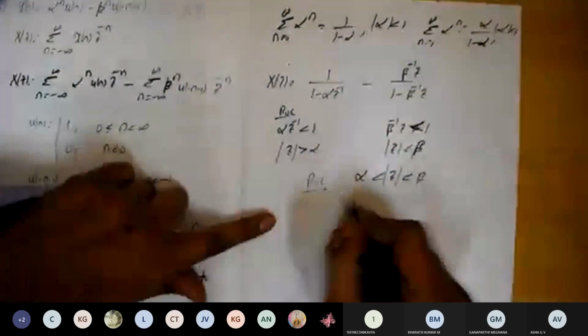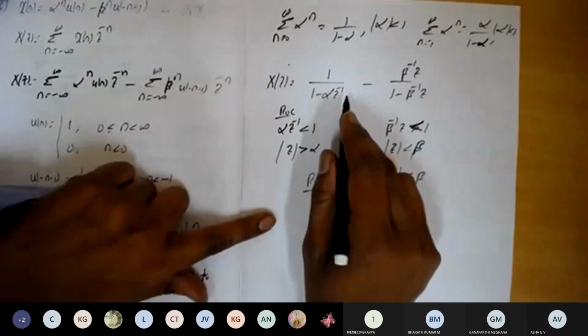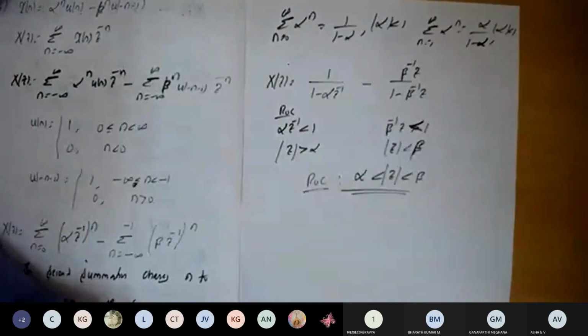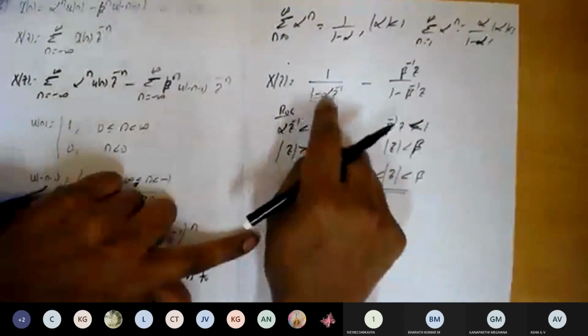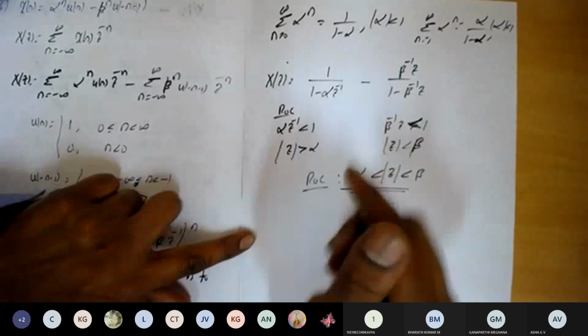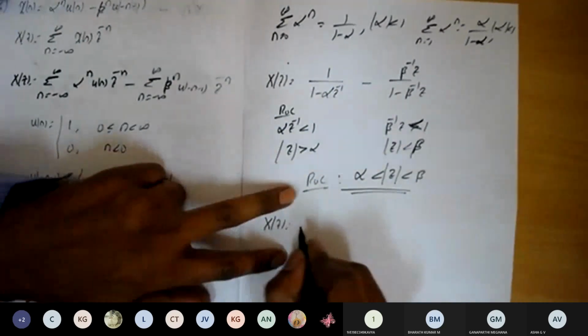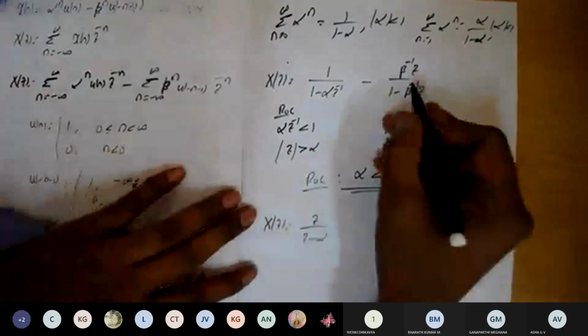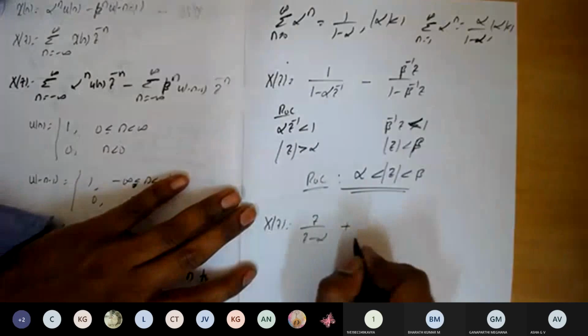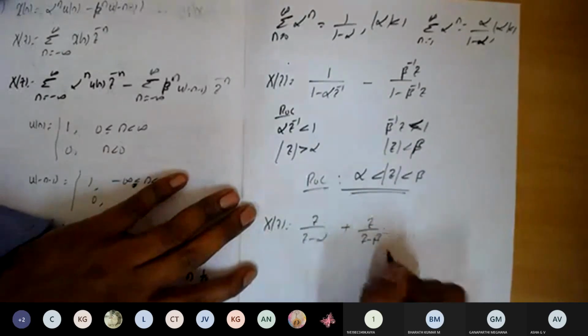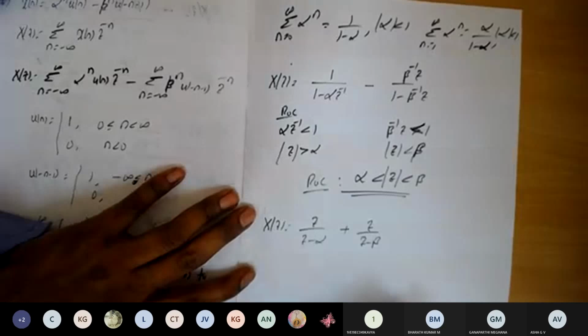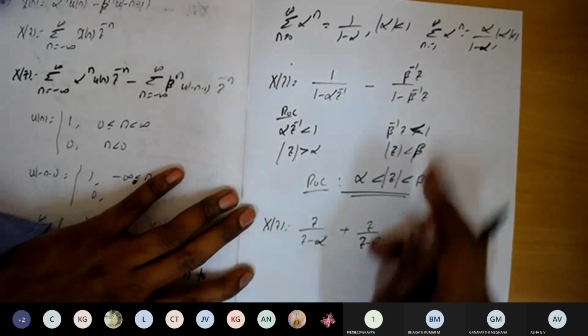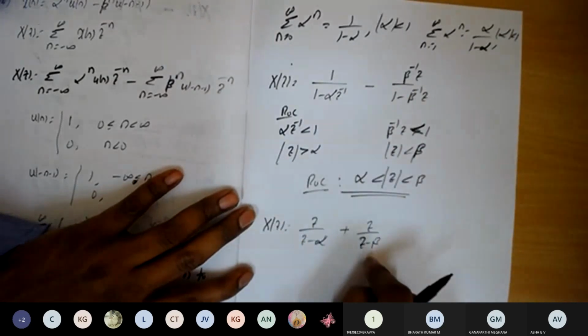Now these are the region of convergence we got here. Now let us evaluate this summation. Let us simplify this one here. Already we have done this one. If I write the Z inverse as 1 by Z, it will become X of Z is equal to Z divided by Z minus alpha. And for this one, this minus into this one already we have seen, so it is Z divided by Z minus beta. Along with this minus, it will become Z divided by Z minus beta.